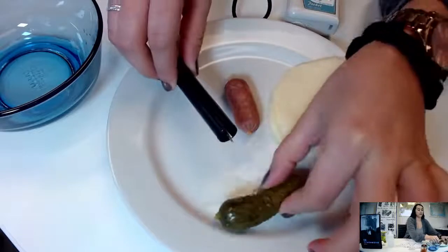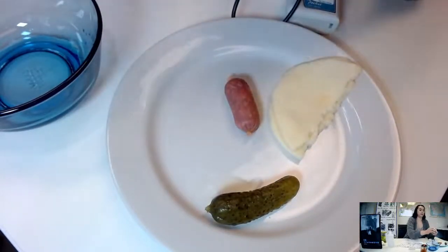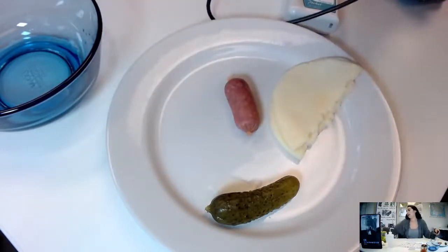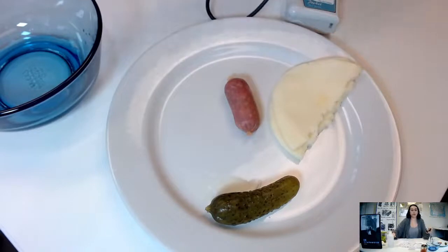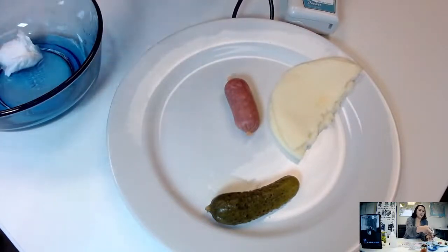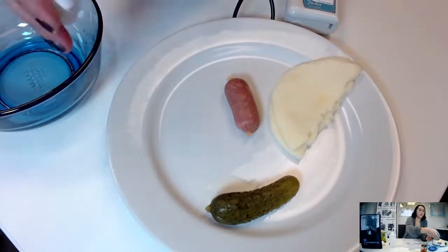Just take that off. So very easy to use, a very easy tool to use. Can be used for a variety of different samples, as you can see. Can be dipped in liquids, brine solutions, as well as used to measure solid samples like the cheese and the sausage I have here. Right, we're just going to clean that off